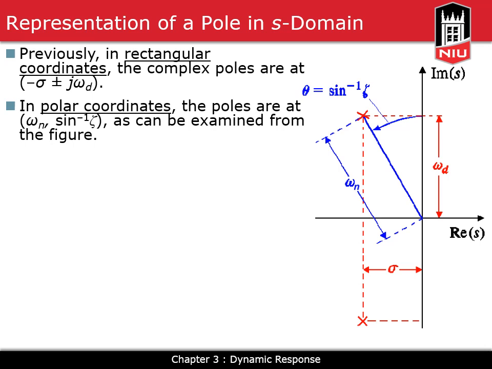For example, if we consider this complex number and want to find its polar coordinates, this length from that point, the complex number, to the origin will be its magnitude,